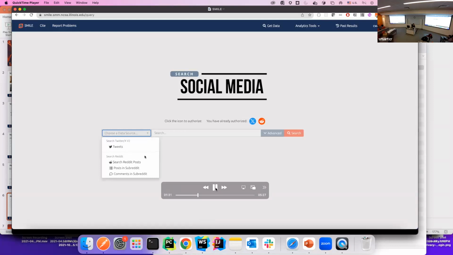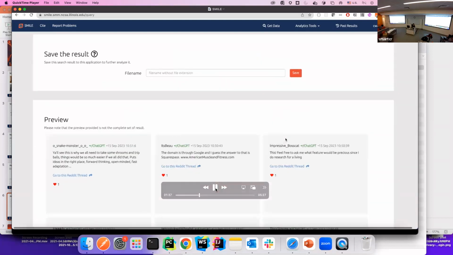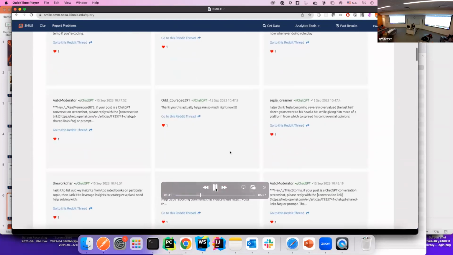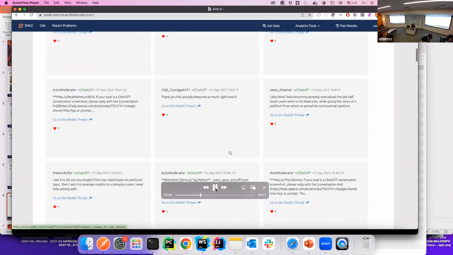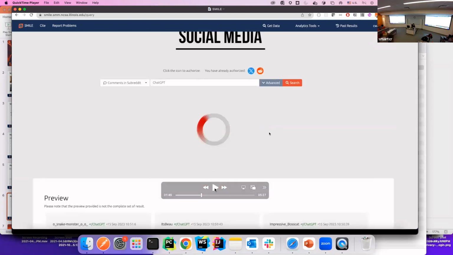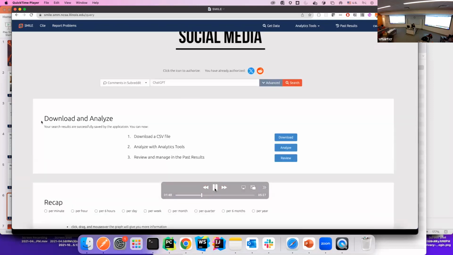Here I am trying to search some comments in a specific subreddit. I tried to search comments in the ChatGPT subreddit, and it will give me the latest comments. This is the preview. If you think it looks good, then you can save the data. After you save the data,